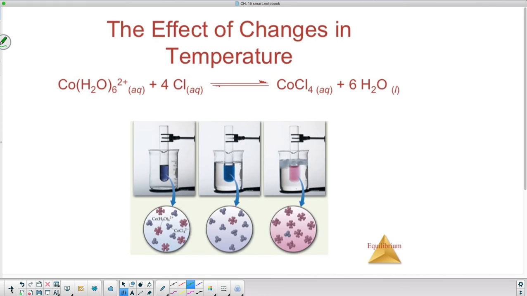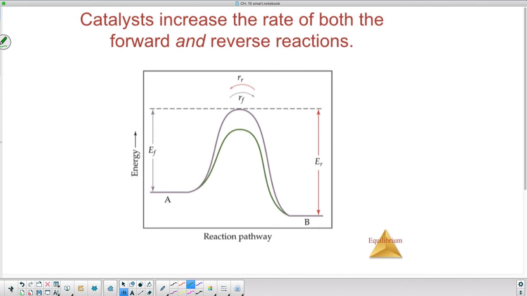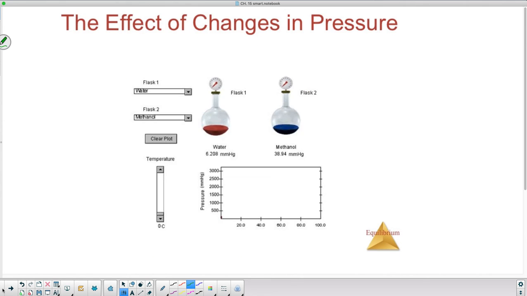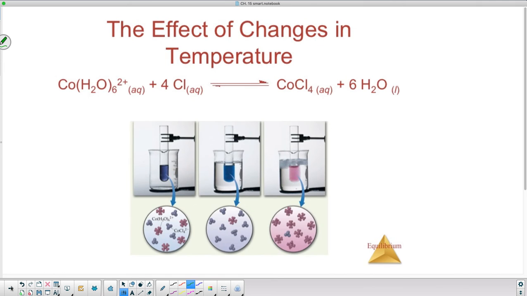This one doesn't really matter to us either, the effect of changes on temperature. So when we increase the temperature for a reaction, it matters whether that reaction is exothermic or endothermic, all right? So what we can do is I'm going to keep going here. Sorry guys, I should have used a different set of screens. So what we can do in this situation here where it says the effect of changes is if we have